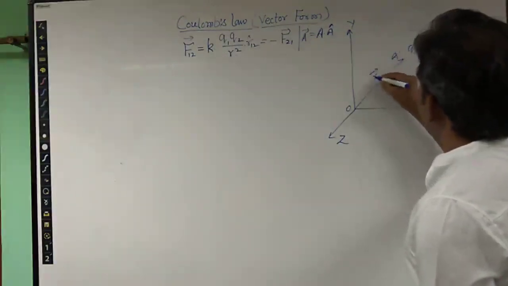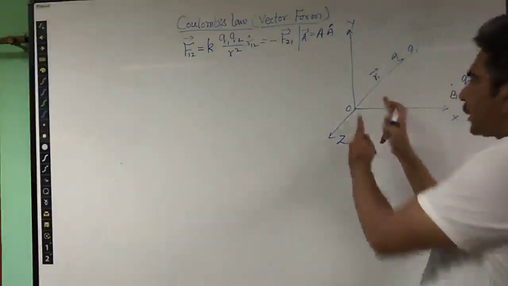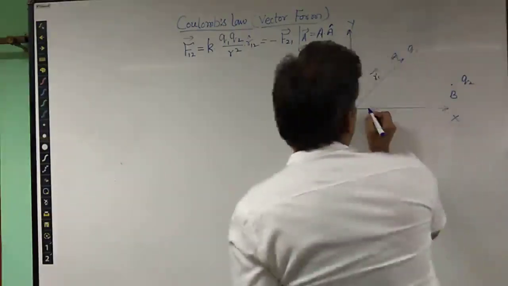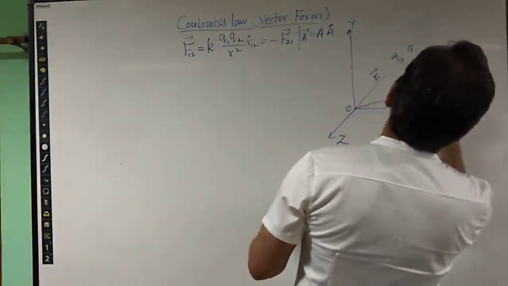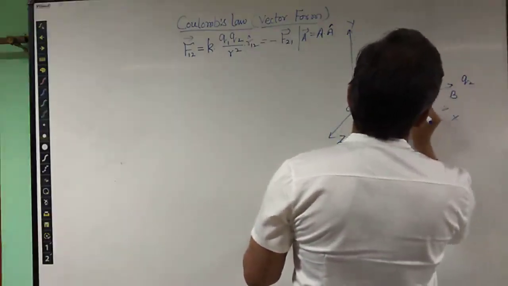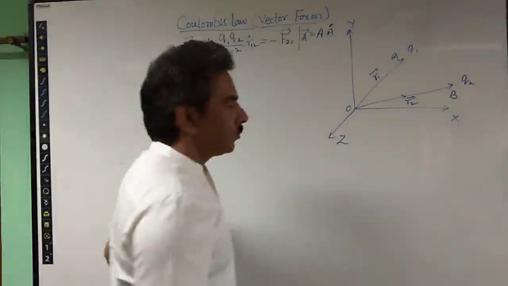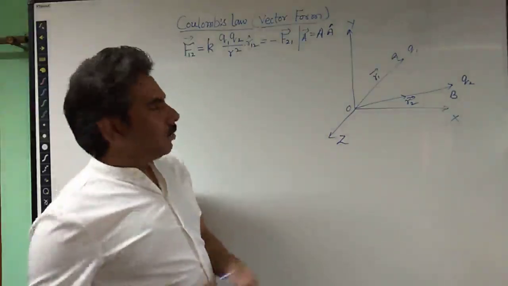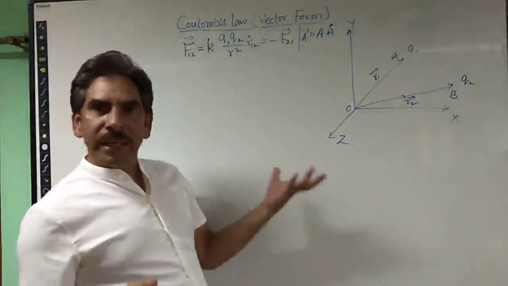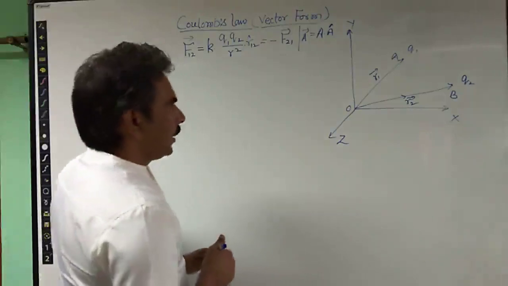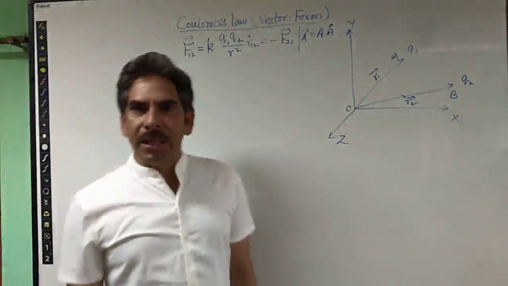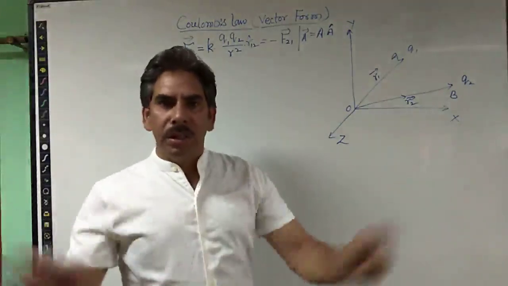is the position vector of charge Q1. So this is the vector which is representing the position of charge Q1 lying at position A. Similarly, the position of charge Q2 which is lying at position B, let it be represented as R2. Now again, for simplification we can take the two charges to be positive. Then if they are similar charges, or we can say like charges, they will be repelling each other, away from each other.